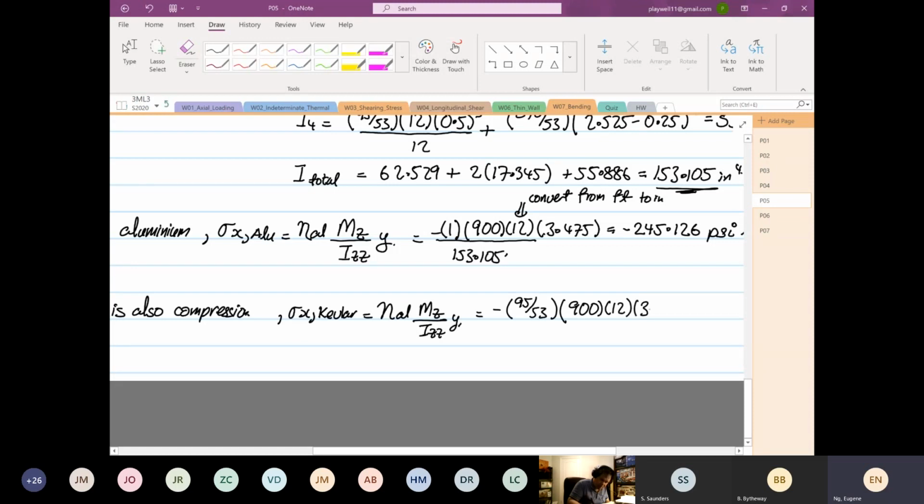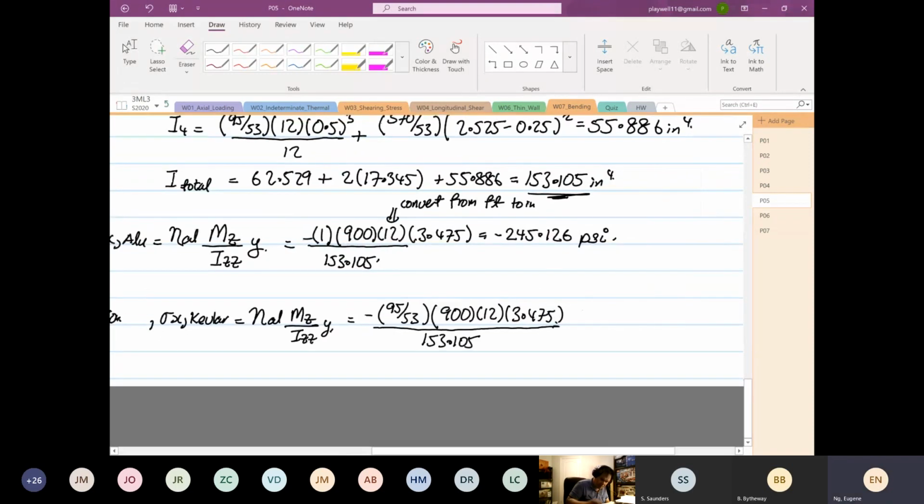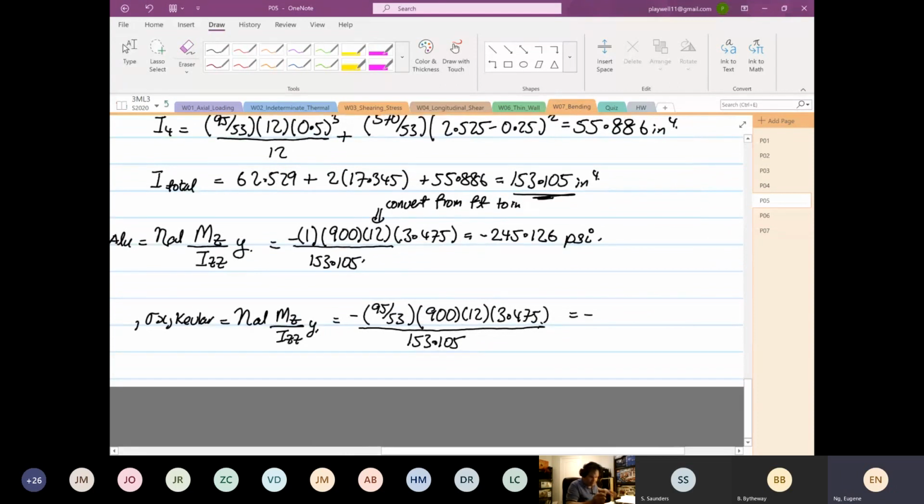The distance is still the same. And then you divide by 153.105. So this will be equal to minus 95 over 53 times 900 times 12 times 3.475 divided by 153.105, which is equal to minus